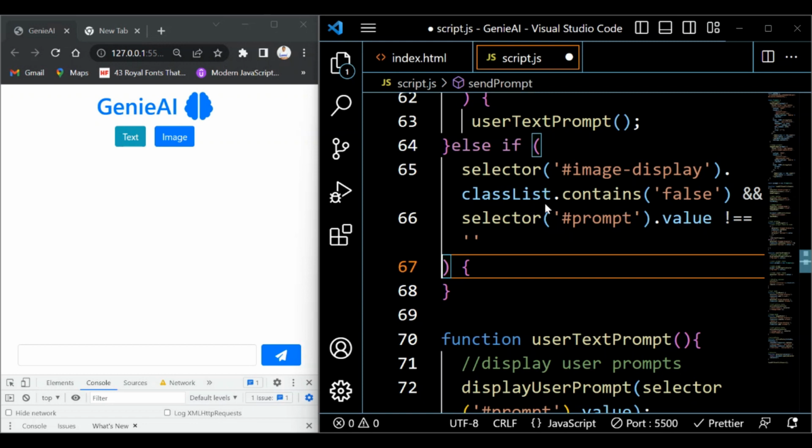So I didn't even think about that. We are supposed to add a validation that says enter a prompt or something. I didn't do that, but you can do that. I didn't think about that when I was building this project. So you want to check